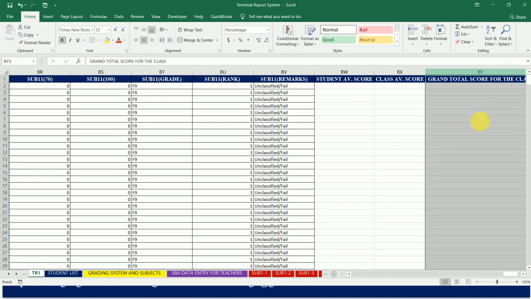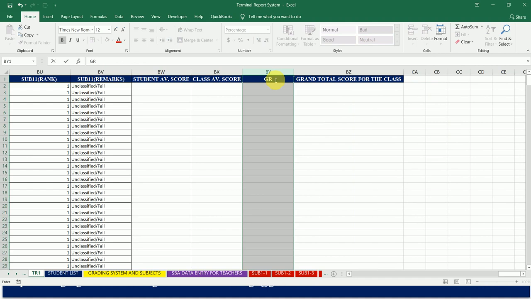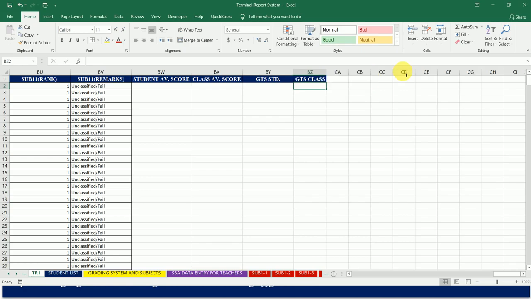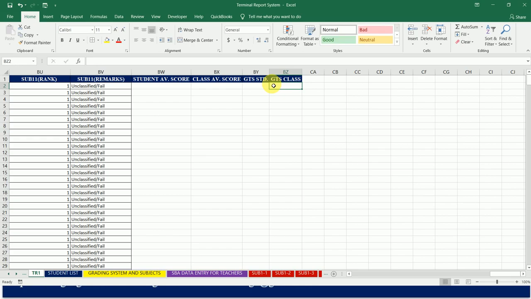Let me insert another. So we have grand total score, that is students. Let me make it like this. Then grand total score class. Okay. So grand total score for students, grand total score for the class. Then we have student average score. Good. Then we also need to look at the aggregate. But before we do the aggregate, we need to look at the individual aggregate